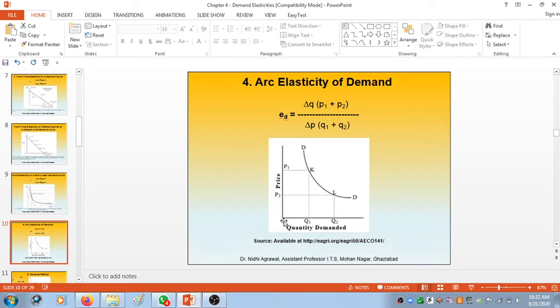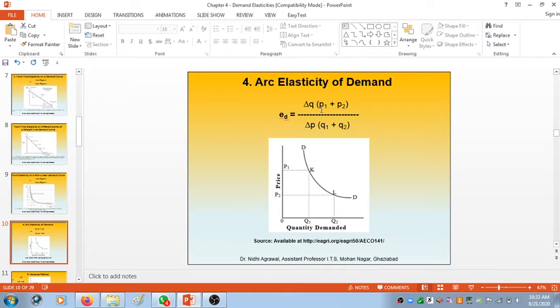Initially we are at point K, and with respect to this, at price OP1 we are demanding OQ1 quantity, right? Suppose the price of this commodity falls, becomes P1 to P2, and now because the commodity is cheaper, we can purchase more, we can demand more, so Q1 becomes Q2, and another point we have, that is point L, right? So to find out arc elasticity of demand, we use the original formula of point elasticity, that is